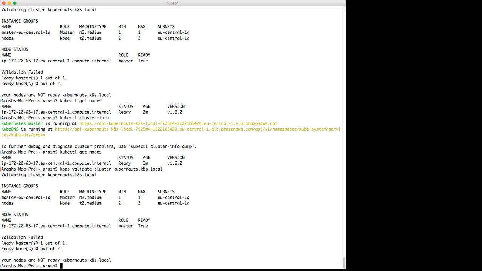Okay, then let us delete the cluster and create it again. So deletion of the cluster is